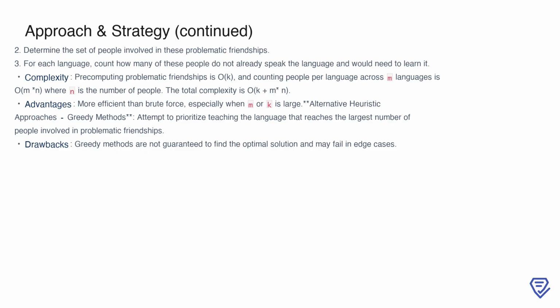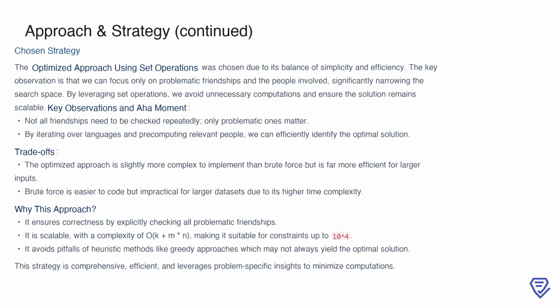These methods prioritize teaching the language that reaches the largest number of people involved in problematic friendships. However, greedy methods can fail in edge cases and are not guaranteed to produce the optimal solution, making them less reliable. The chosen strategy for this problem is the optimized approach using set operations because it strikes a balance between